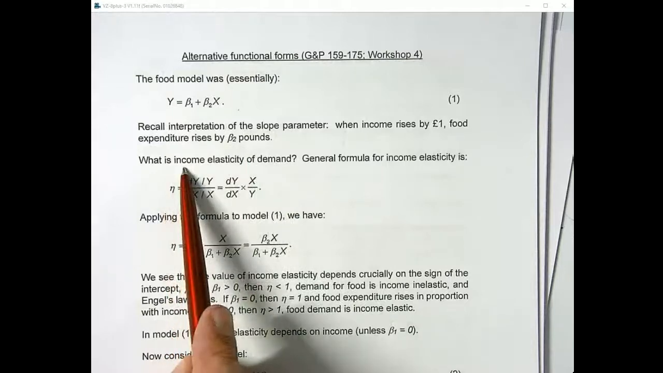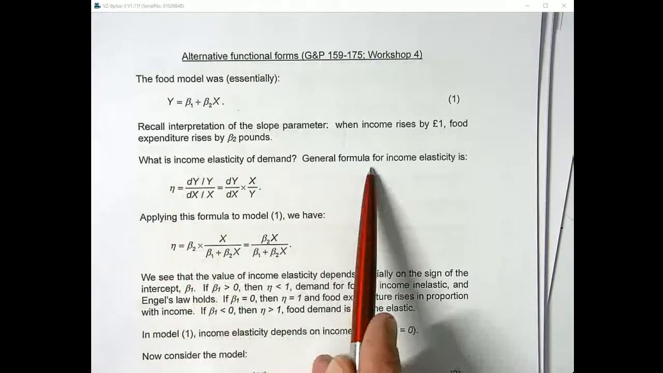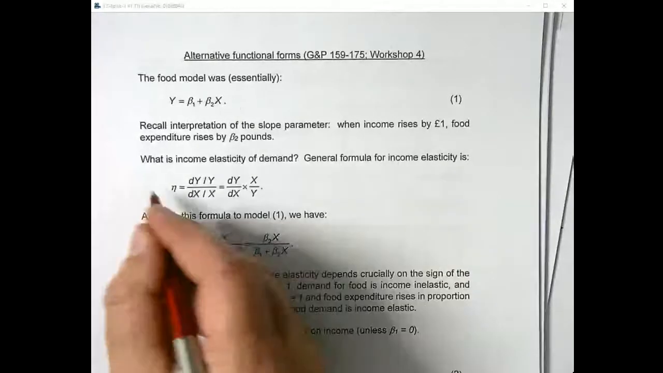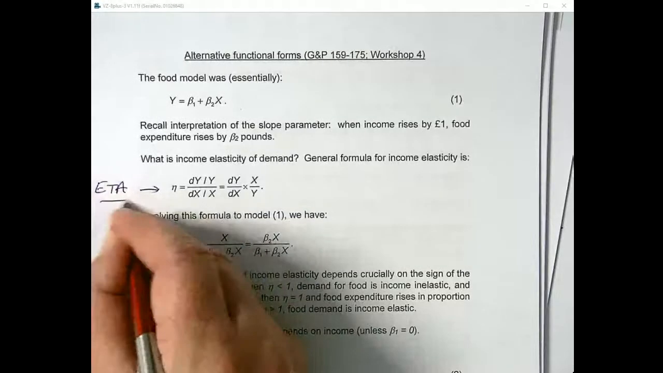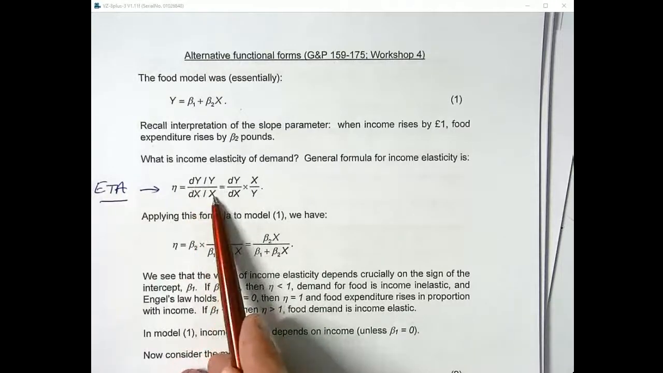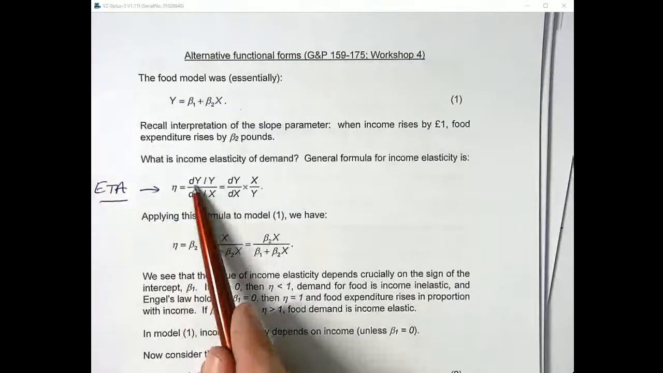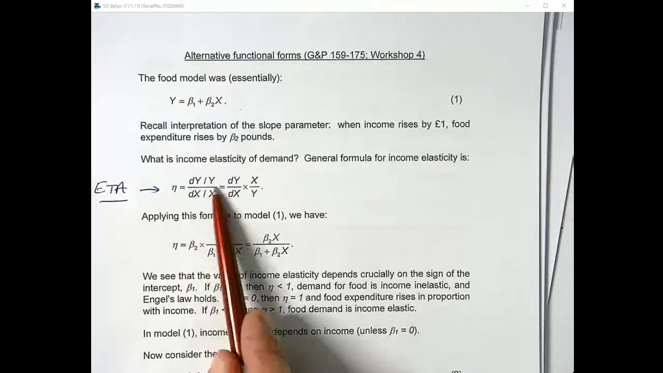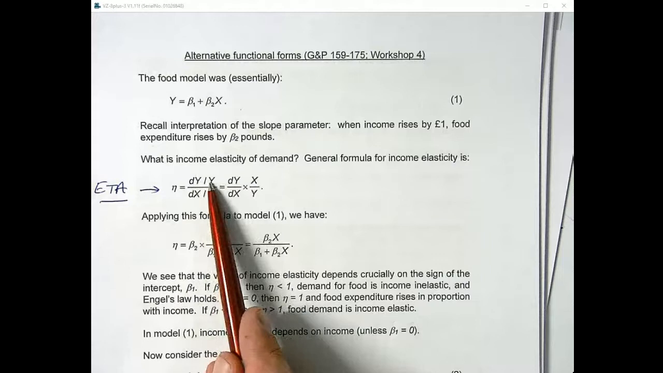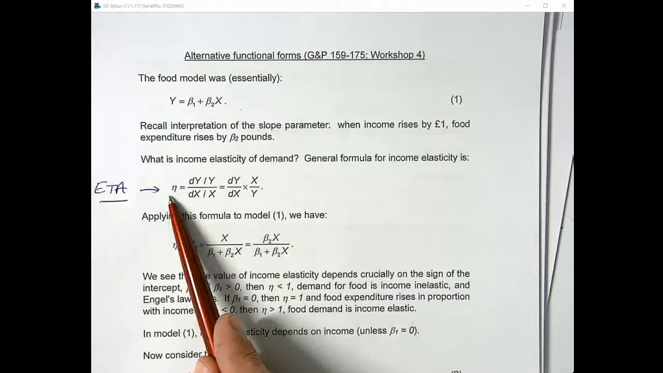What is income elasticity of demand? The general formula for the income elasticity, call it eta, this is the Greek letter eta, is dy over y divided by dx over x. Because remember, an elasticity is a proportional change divided by a proportional change. Dy over y is the change in y as a proportion of y. Dx over x is the change in x as a proportion of x. If you take the ratio of those two proportional changes, then you have the thing that we call the income